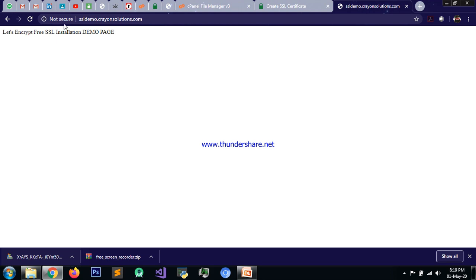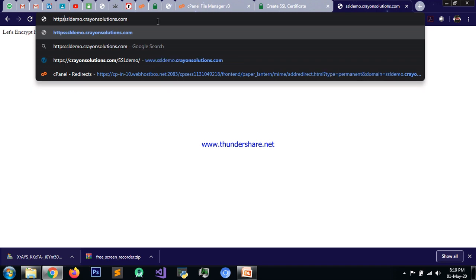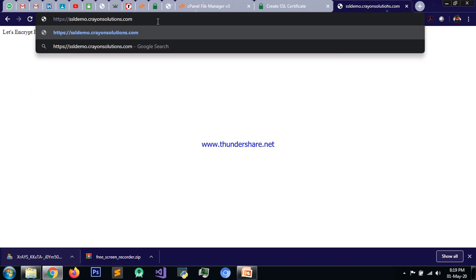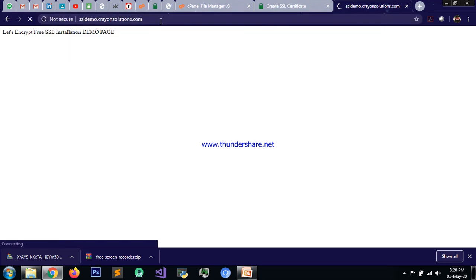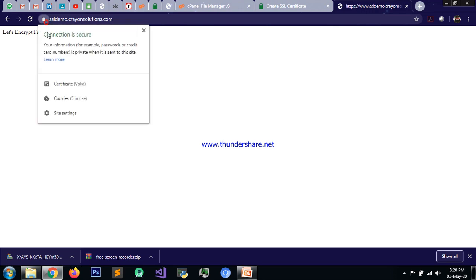We can see here that the site is not secured, but when I try to access it with https://ssldemo.crayonsolution.com, I can see the site has installed an SSL certificate, and I can see there is a green padlock which says connection is secured.